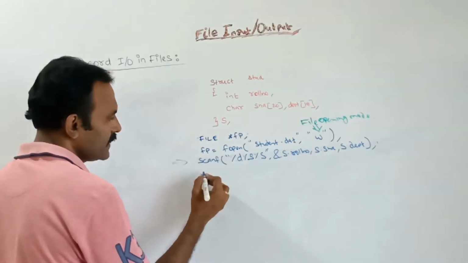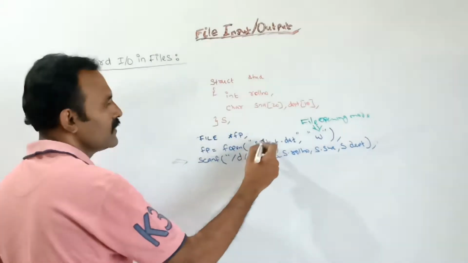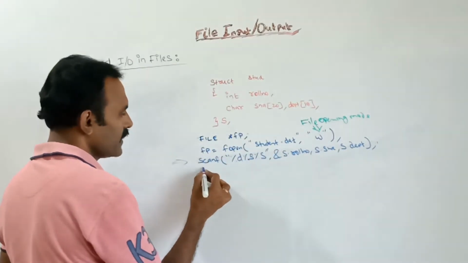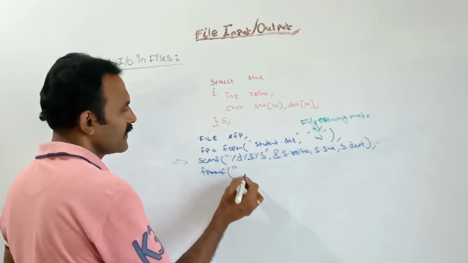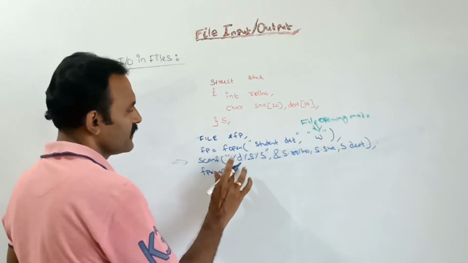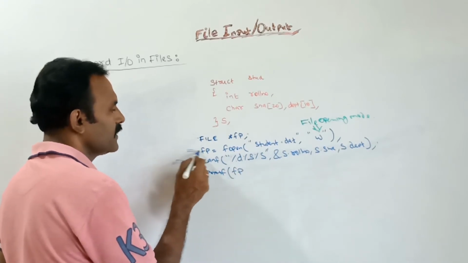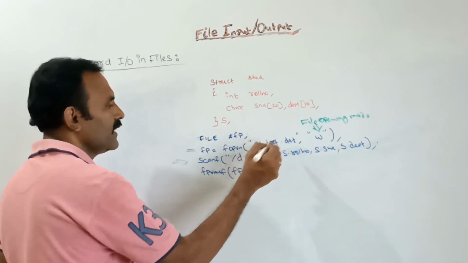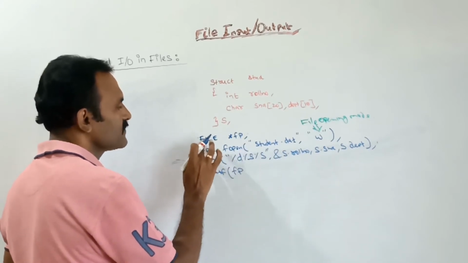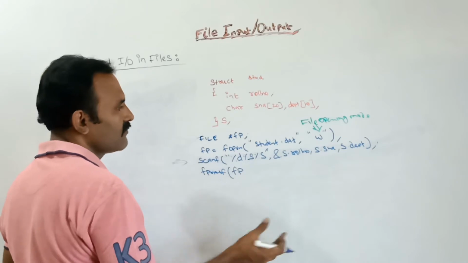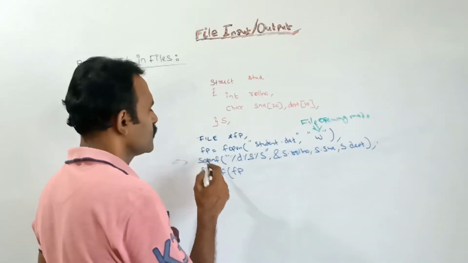Next, I am going to write this record to the file student.dat. With the help of the fprintf function we can write the content. First, what is the syntax? We should mention the file pointer name. The file pointer always points to the file. So here, which file? student.dat. Its base address is stored in fp, after loading it into the buffer.